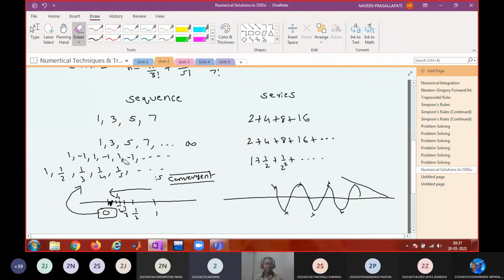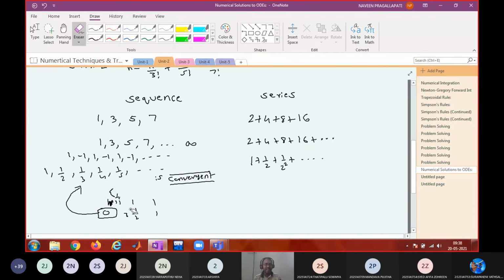No, sir. Therefore, any sequence which is not convergent is said to be divergent. So this is also divergent. The sequence 1, minus 1, 1, minus 1 is also a divergent sequence, but it is not diverging to plus infinity, and it is not diverging to minus infinity. It is an oscillating sequence. Every oscillatory sequence is also divergent. So a divergent sequence doesn't mean that it is always diverging to plus infinity or minus infinity. It can be oscillating between two values also. Is that fine?